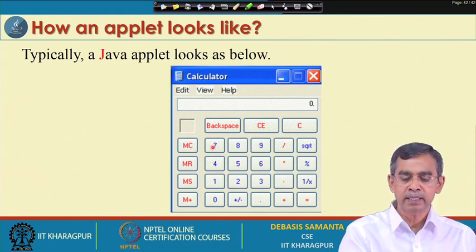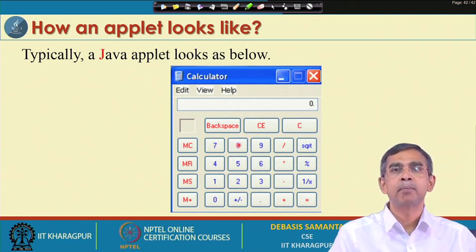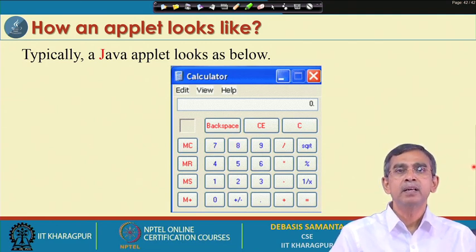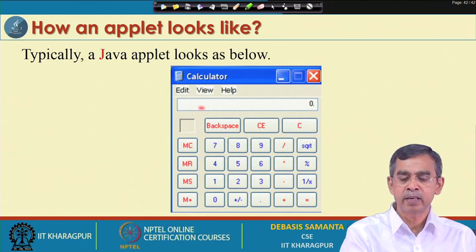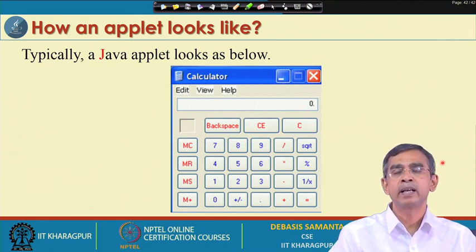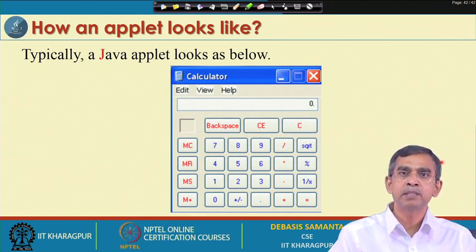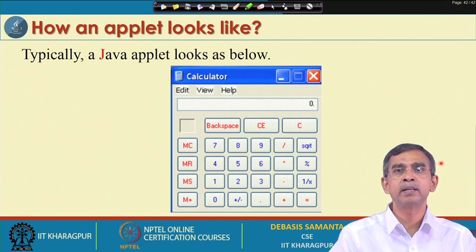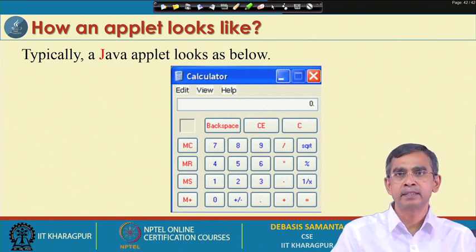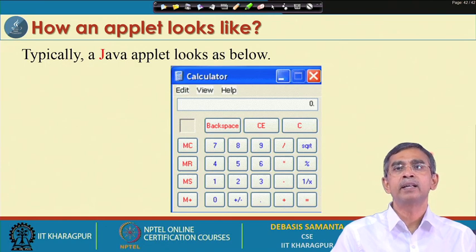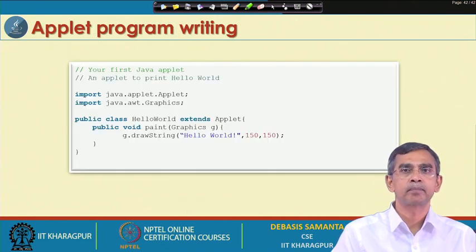For example, these are components called buttons and labels, and this is another component, the area where it will display something, called the text field. This is another example of an applet. We will see exactly how using Java we can create our own applet.